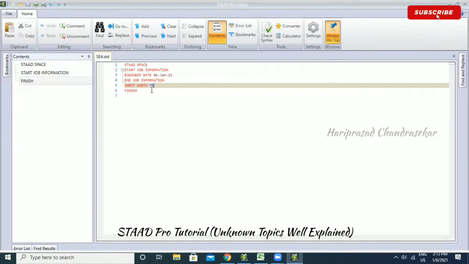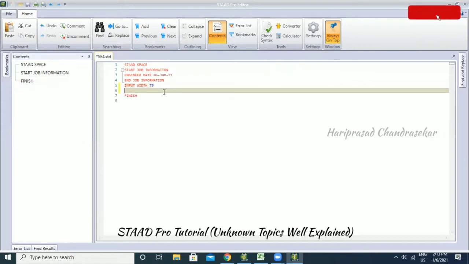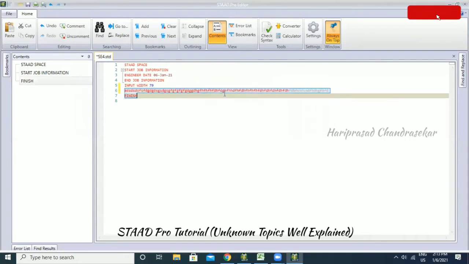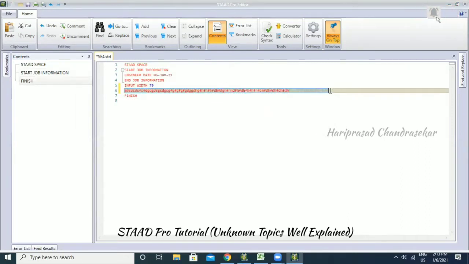Here they are telling input width 79, which means you can type something. For example, I'm typing like this. Can you see that up to 79 characters it will take as input, and from 80 onwards it won't take any input. If you want, you need to change the value here. That's why it is mentioned as input width 79, which you can change also, but by default it will be 79. Input width is the number of characters that can be input, each character having one number, so totally 79 characters.